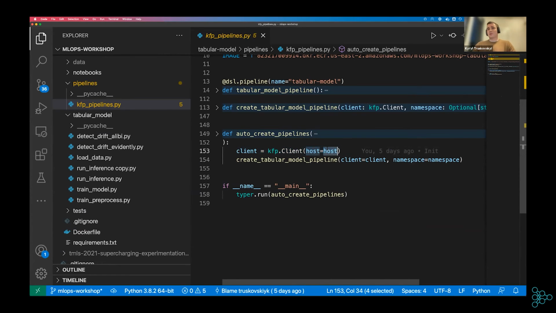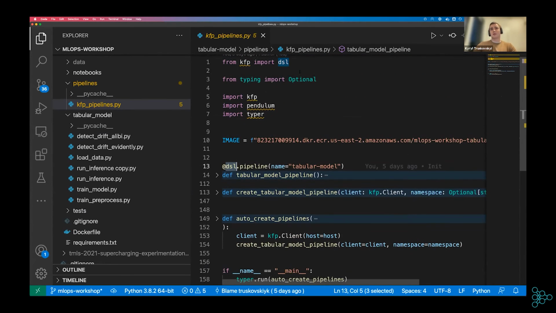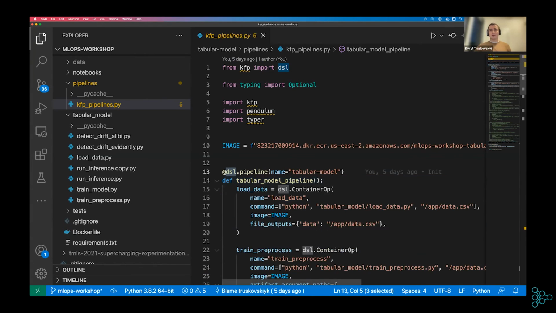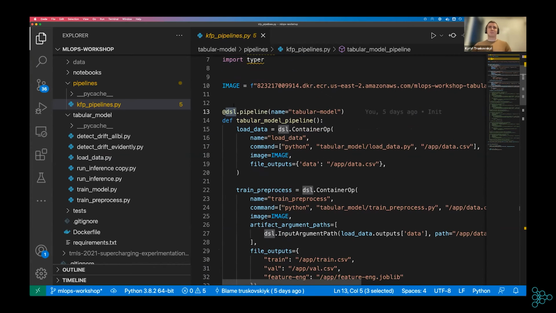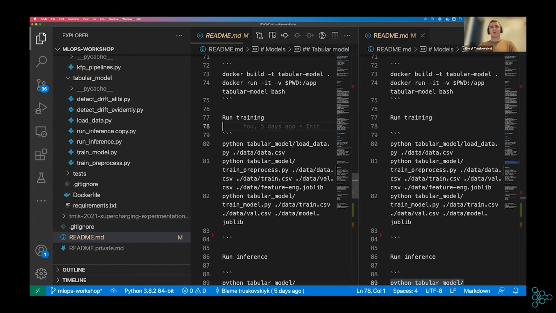And this client just takes host and maybe some authorization, but I didn't create any authorization for this demo. And after that, you define your pipeline with this decorator. So it's basically a DSL, a domain specific language for Kubeflow, where you just define what your pipeline looks like. And right here, it looks very close to, if I'm going to open README, here,